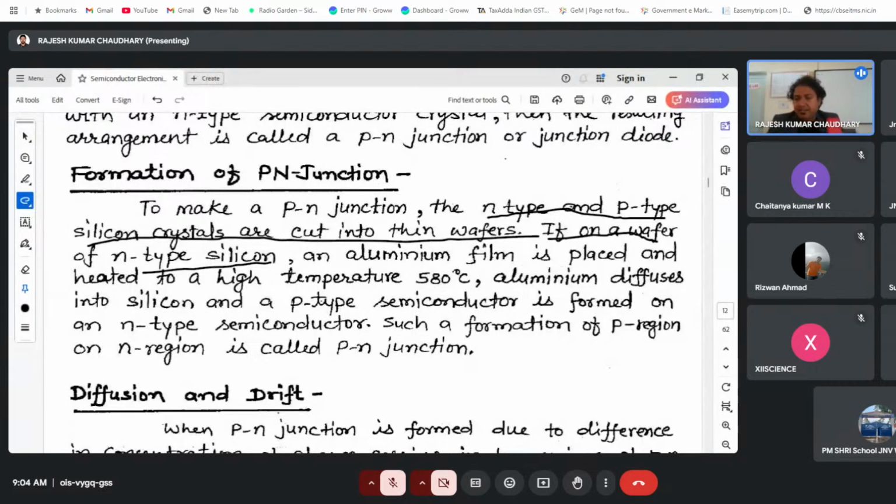Why this cannot be done? This can also be done, but the problem will be that even if we try very hard, there will still be some gap between the n-type semiconductor and the p-type semiconductor. So just attaching these two will not work. So what we have to do, we have to make p-type